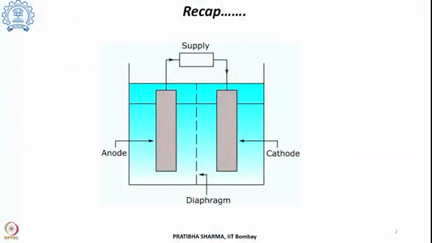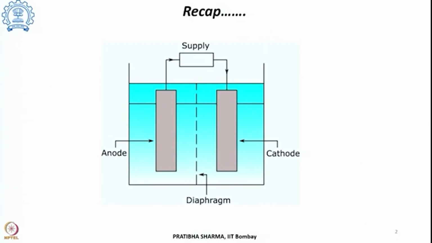Water electrolysis is a non-spontaneous process, with the Gibbs free energy change being positive under practical temperature and pressure conditions. However, the Gibbs free energy change becomes negative at temperatures above 2000 Kelvin, which are very harsh conditions to operate at. In the last class we have seen the major components of the electrolytic cell, which is the